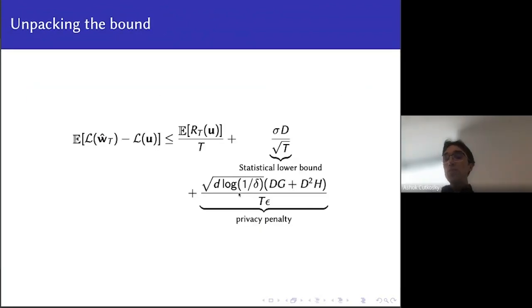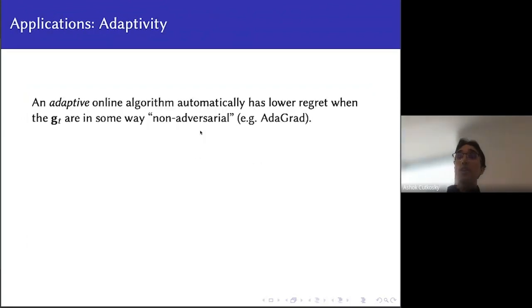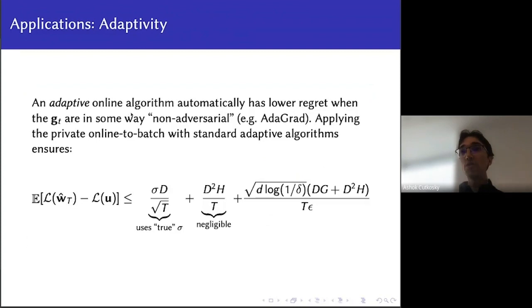Okay, so what can we do with this beyond just using regular gradient descent? Well, we can try to apply a more interesting online learning algorithm. So what if we look at, say, Adagrad, something that has an adaptive algorithm. These are algorithms that have been built by online learning enthusiasts, let's say, who want to build algorithms that, if the sequence of losses presented to the algorithm are somehow well-behaved in some arbitrary way, will get lower regret. And so if you take one of these algorithms and plug it into this framework, you immediately get a private algorithm that also has a sort of beyond worst case guarantee.